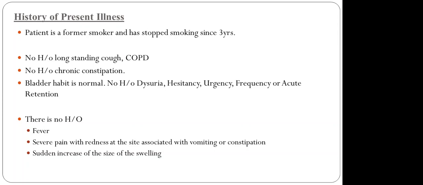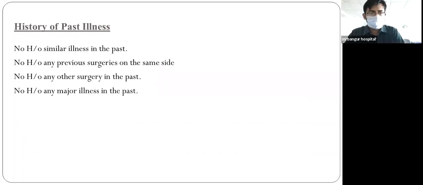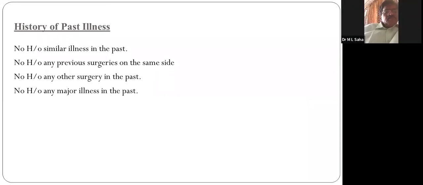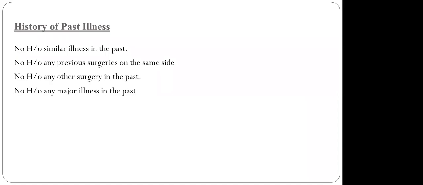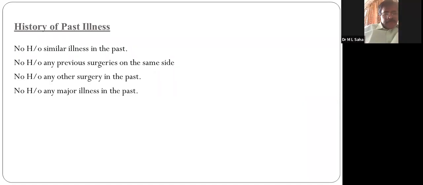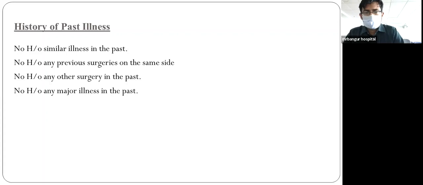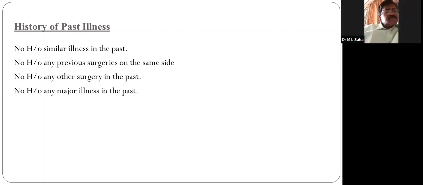Go to the past illness, Milind. Often students mention in their history there is no history of similar illness in the past. He complained of a swelling in the right groin, which extended to the scrotum. So either the swelling might have been operated earlier, or there is no chance of this having a spontaneous resolution. This particular statement is applicable